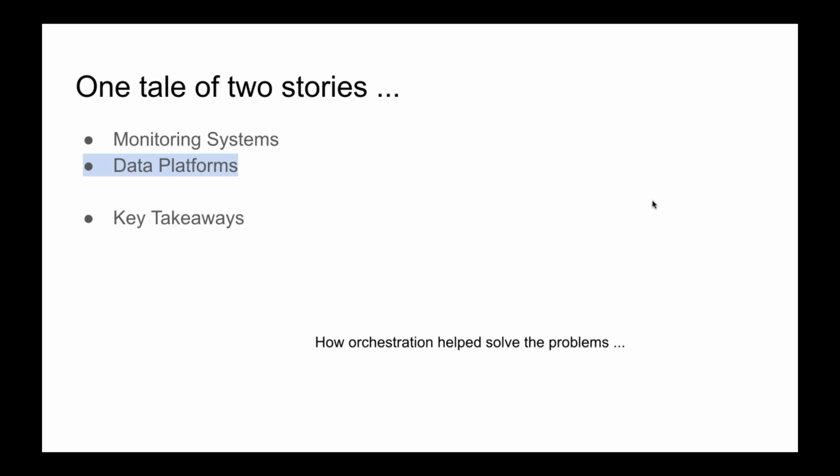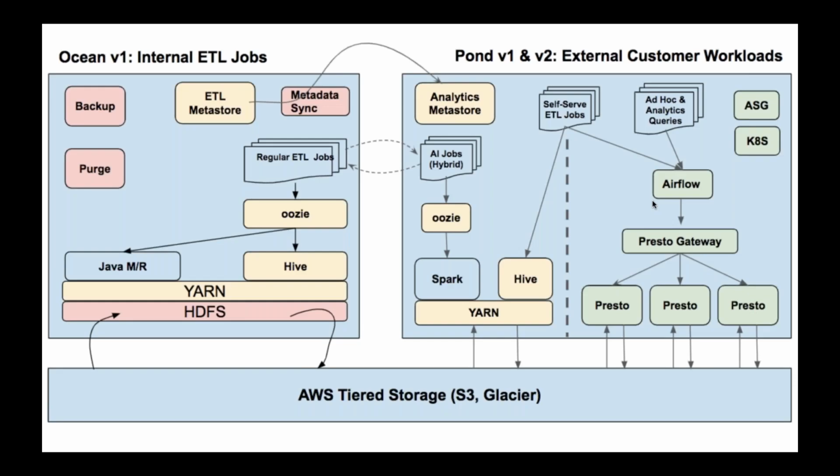So after we solved this monitoring headache, the team can spare some resources to explore some new problems. So this is the second story I'm going to tell you, how we are trying to rebuild the data platforms at EA. Again, it's also using data orchestration technologies. So as I just said, we were generating 1,000 alerts every day.